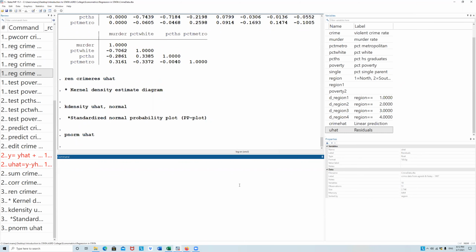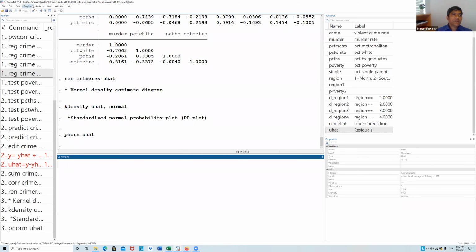Actually, I want to know, you talked about kernel density and normal distribution, and I want to know, can we plot log normal distribution and gamma distribution in Stata, as I am working on income distribution? I want to do this for power type distributions. Yes, you can plot it.